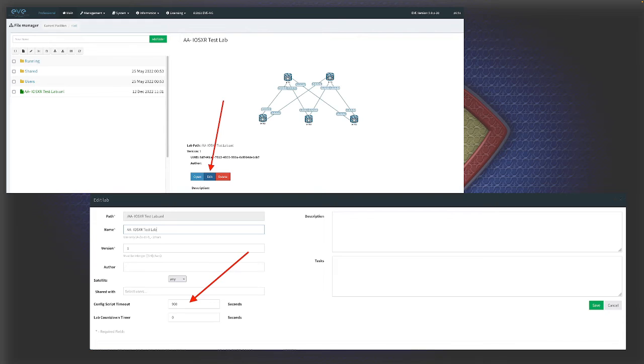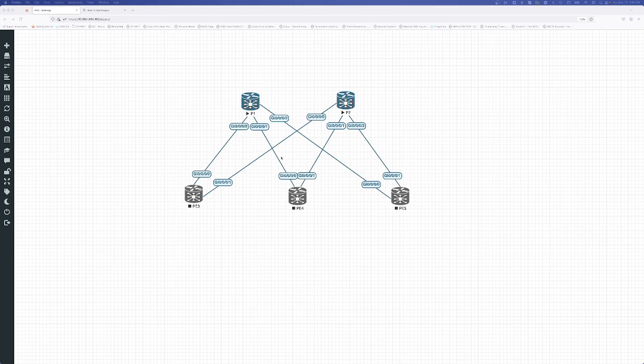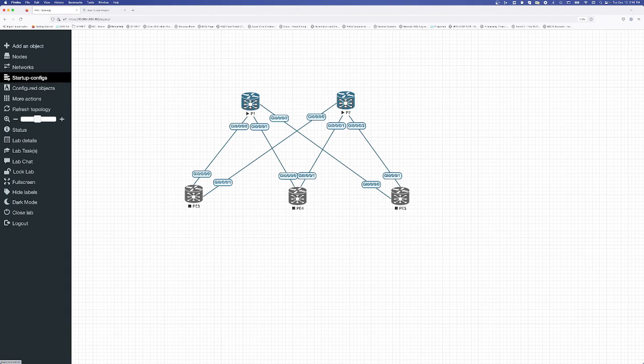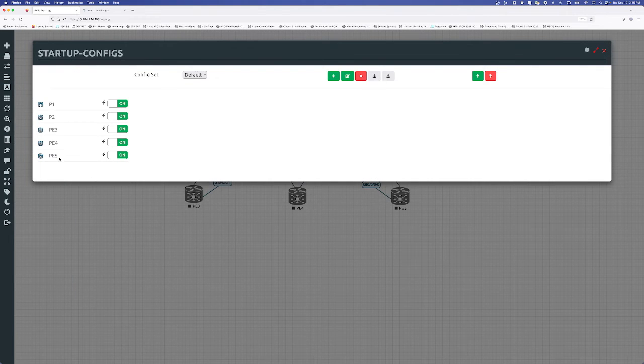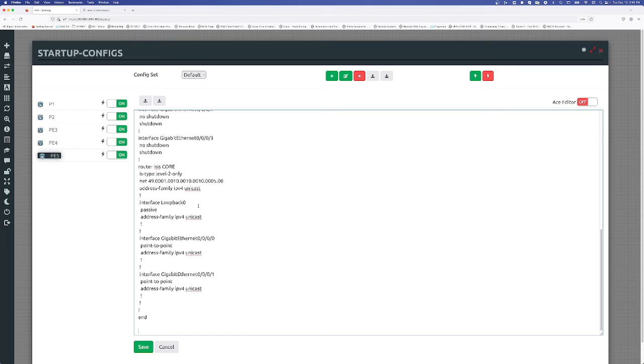And I realized that those devices were devices that I copied the configuration from another place and pasted here